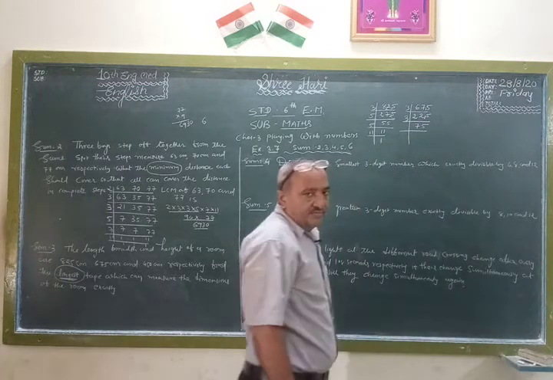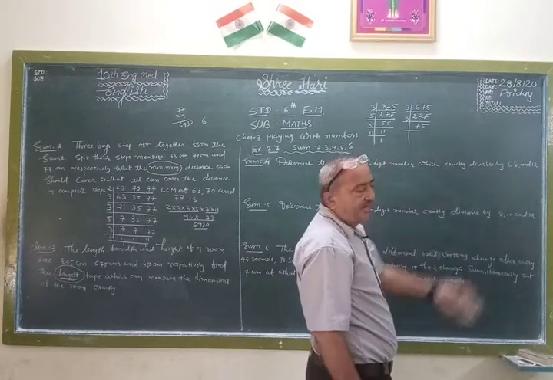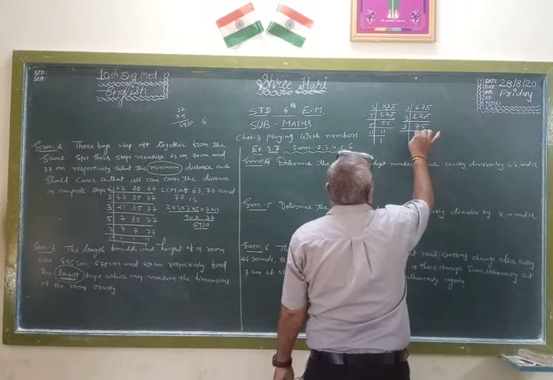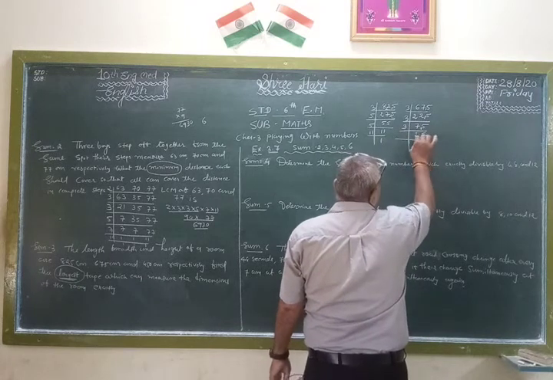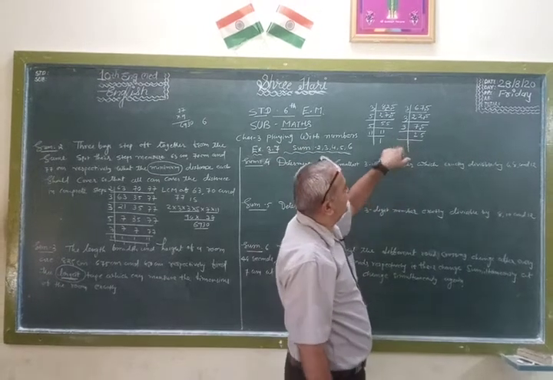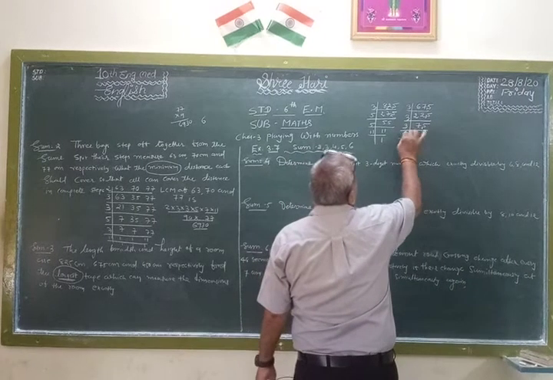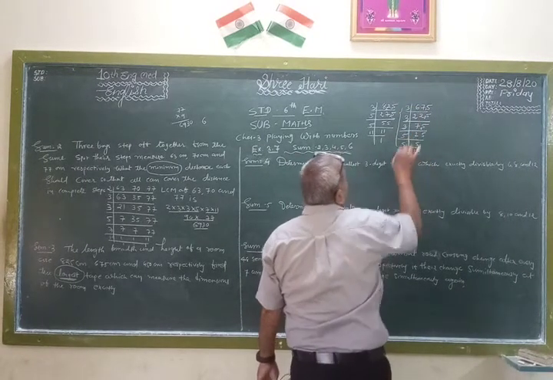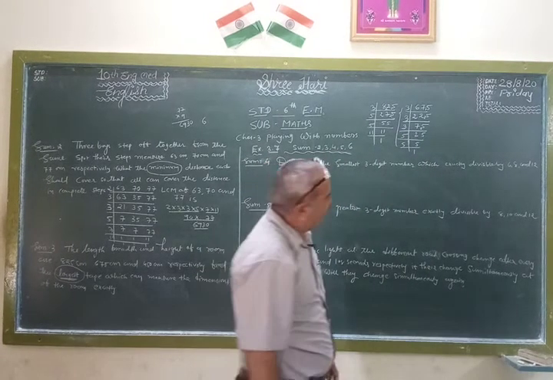Now we have 75. We can divide by 3. So 7 plus 5 is 12. We can divide 12 by 3, so the whole number by 3. Then 3 twos are 6, 1 remains, 3 fives are 15. Now 2 plus 5 is 7, 7 can't be divided by 3, so we can't divide this 25 by 3. So go ahead with number 5. 5 fives are 25. This is the prime factorization of 675. Now 1 remaining, 450.